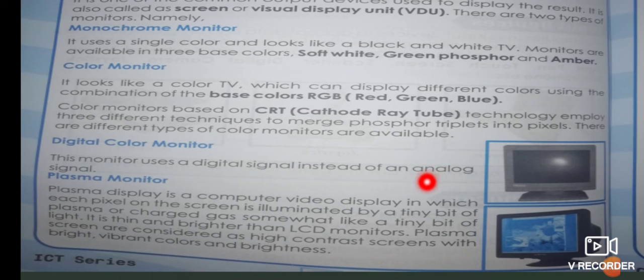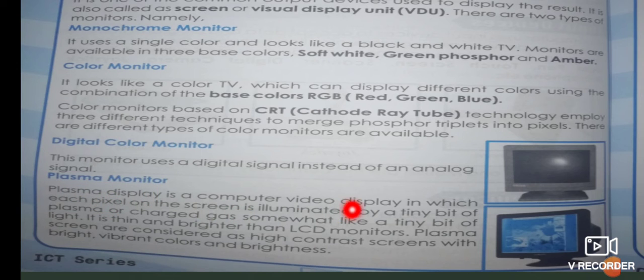You can see a heartbeat displayed on monitors in hospitals in analog signals. Instead of that wave form, this monitor displays numbers. That is called the digital color monitor. And then the plasma monitor.